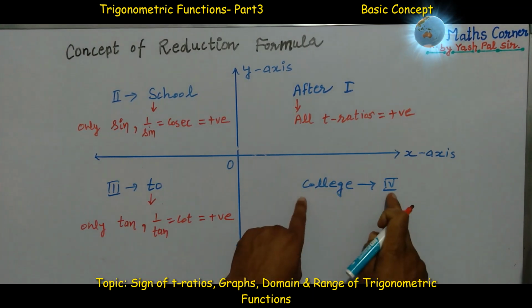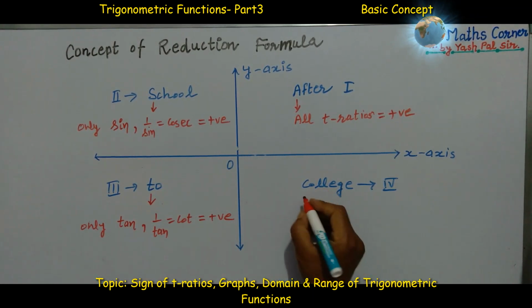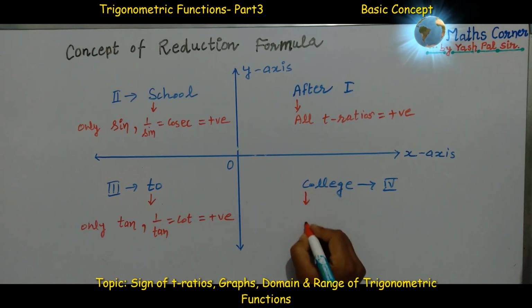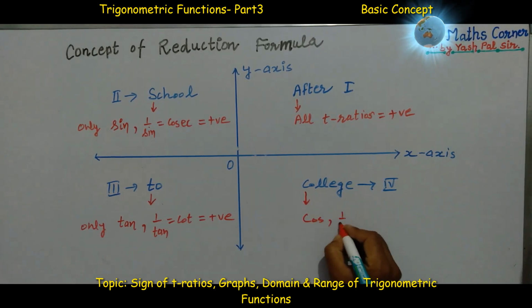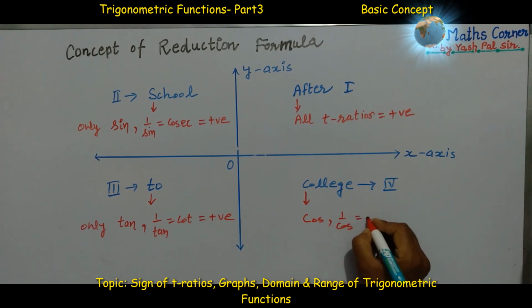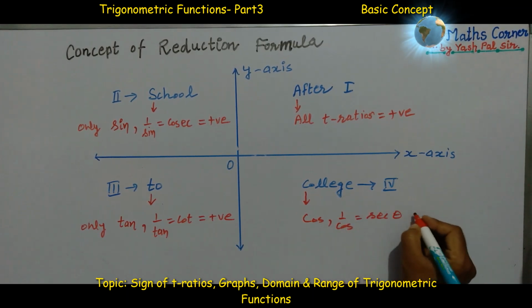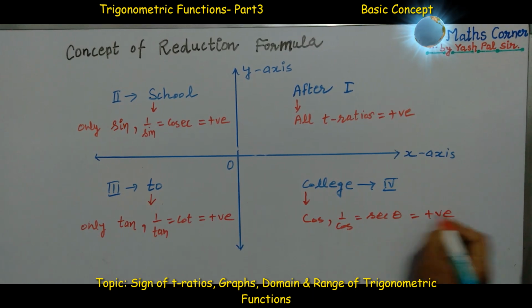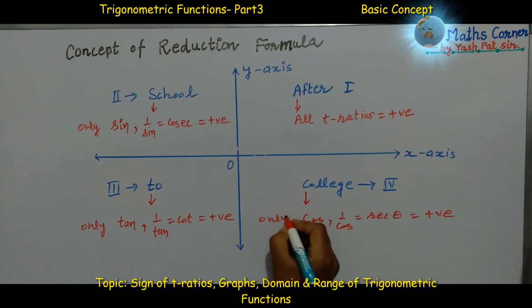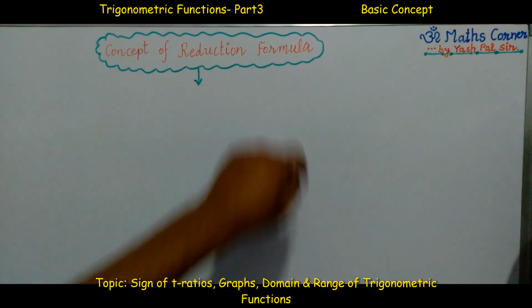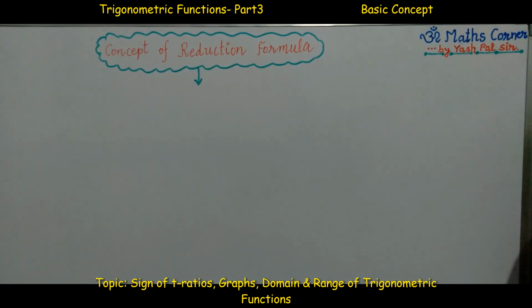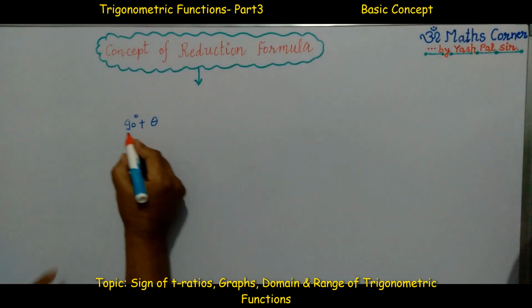Now coming to fourth quadrant, college, first letter is C. C mean cos and its reciprocal, it mean secant theta, they are positive, and other T ratios they are negative in fourth quadrant. From the concept of reduction formula, one very important conclusion is, if we take 90 degree plus